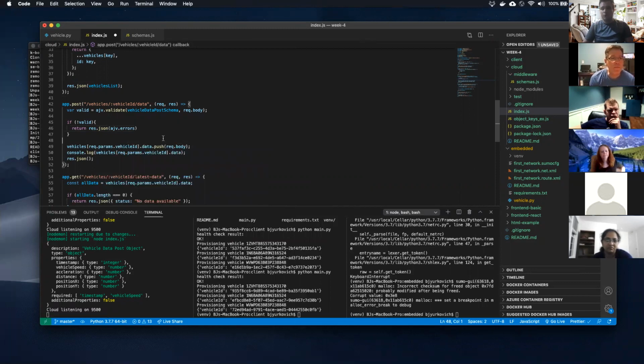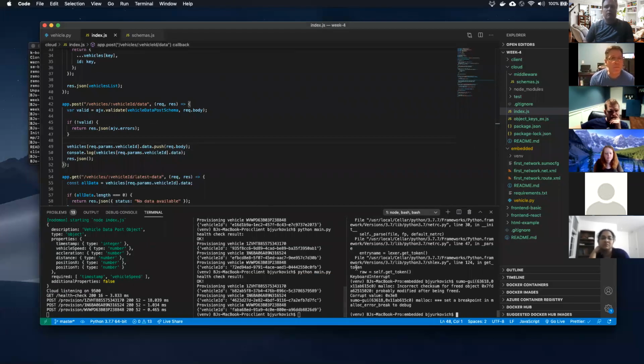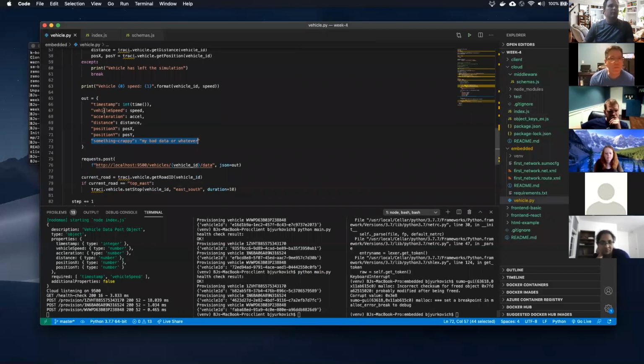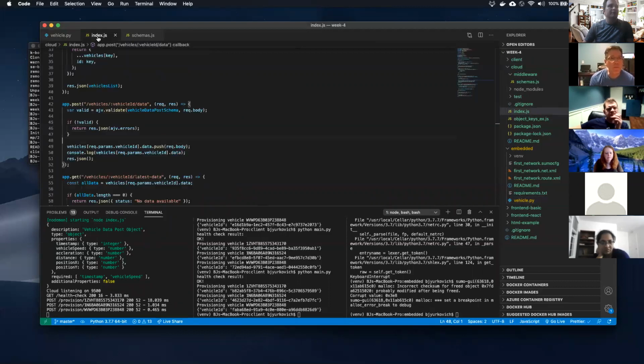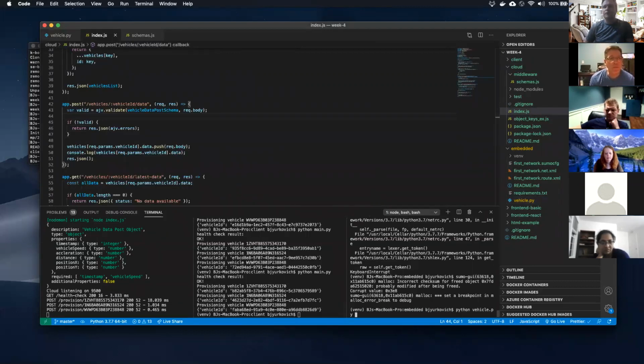So it'll return what was actually wrong with that. It's good for the developer who's implementing it to conform. So the assumption here is that if we run this again, keep in mind we're sending something bad here, it should fail. I hope it does.